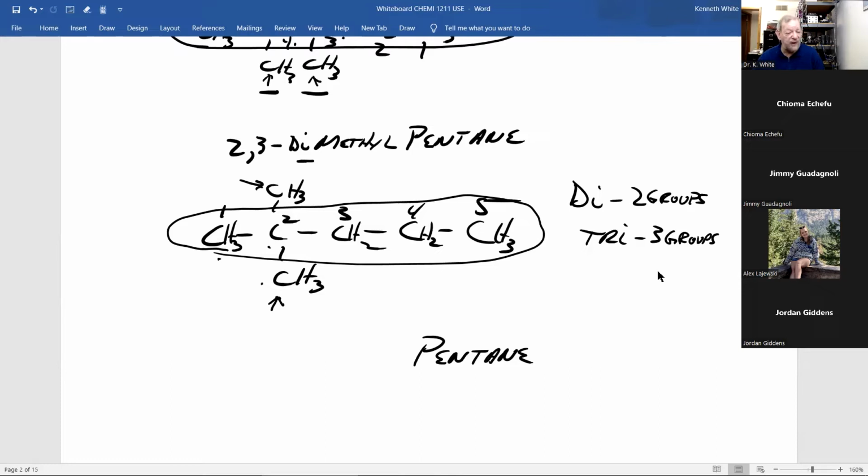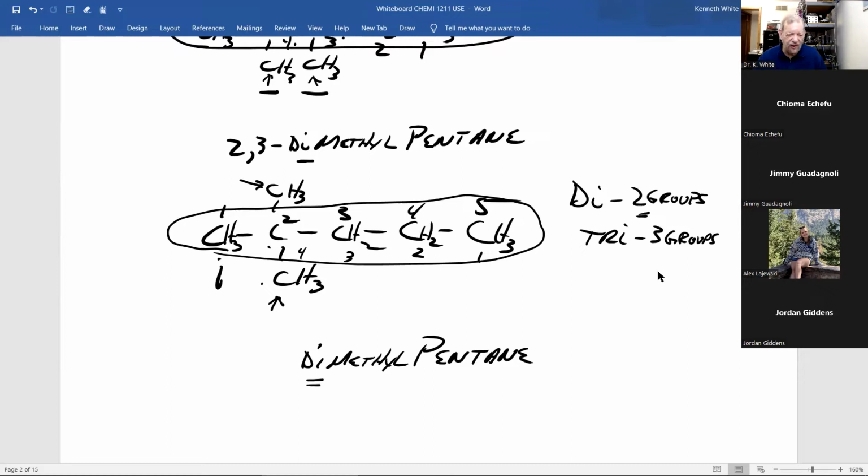Well, this is 2 methyl groups, so that's di. Methyl. Now, as soon as you see the word prefix, prefix is the stuff that goes in front of a word. Di, that means 2. Each group has to have its own number, even though it's on the same carbon, like this example. Because if I start from this side,